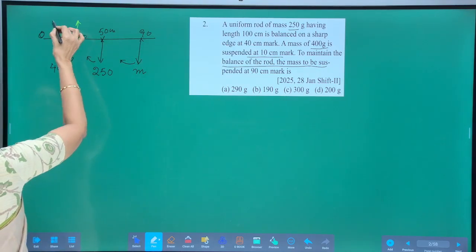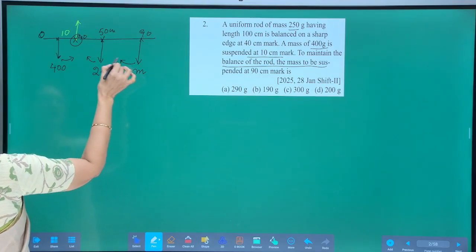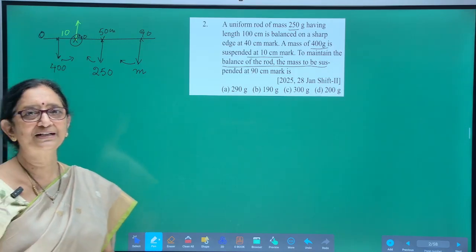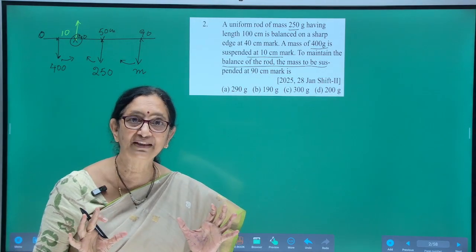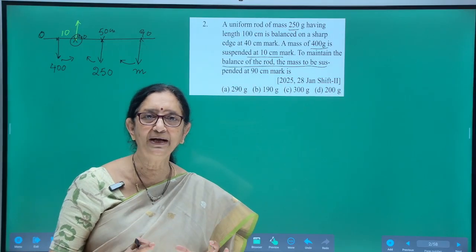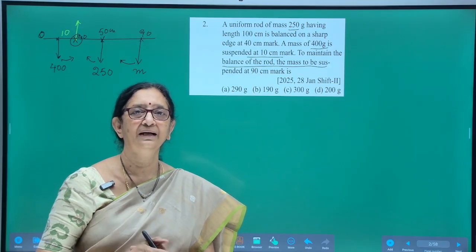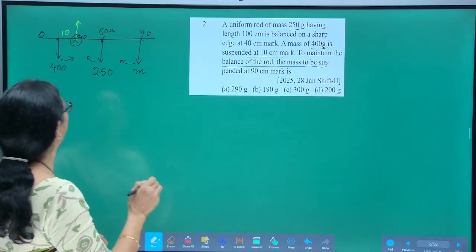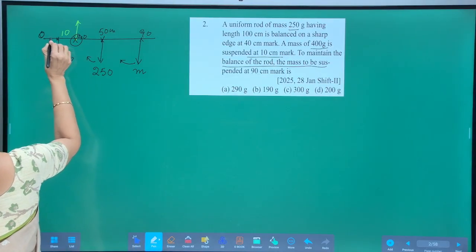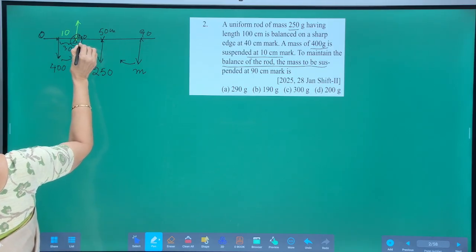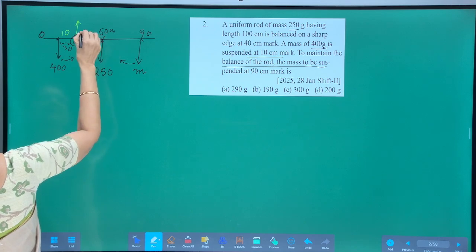This is the anti-clockwise moment, and these two produce clockwise moments. The sum of the anti-clockwise moments is equal to the sum of the clockwise moments. Moment is the product of force and its perpendicular distance from the point of reference. So here, if this is 10, this is 40, this distance is 30 centimeters and this distance is 10, and